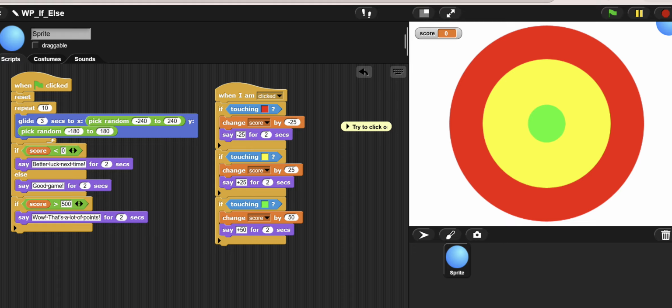If the ball is in the yellow area, the player gains 25 points. If it is in the green center, the player gains 50 points. But if the ball is touching the red area, the player loses 25 points. At the end of the game, the program checks the score and gives different messages depending on how many points